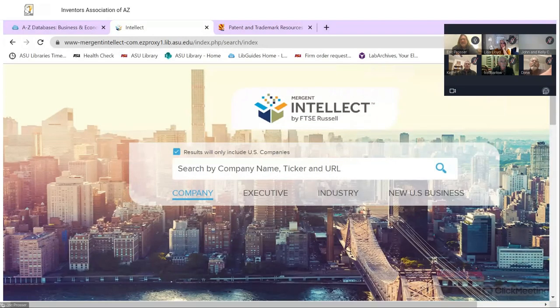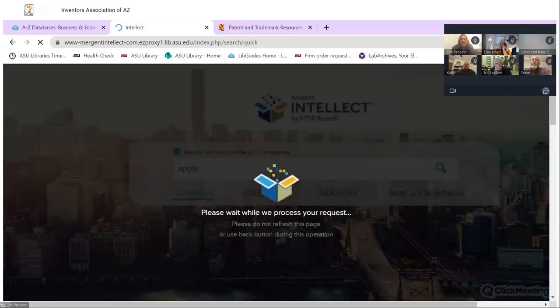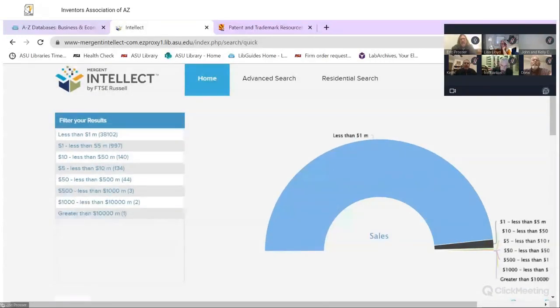And so Mergent is an excellent database for looking at what I would say are specific businesses and individual firms or companies. You can look at industry broad things through here, but there are a couple other products that we have through the library that I think are better suited for getting a 30,000 foot view of an industry. And so if we wanted to take a look at a company, let's just look at Apple. And when we get in there, I just did a quick search on Apple.